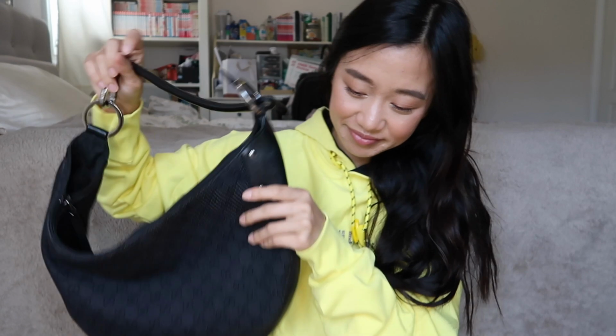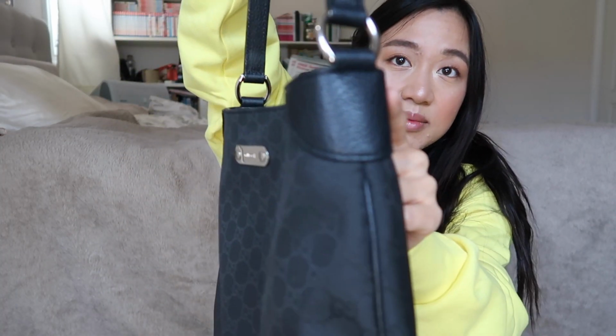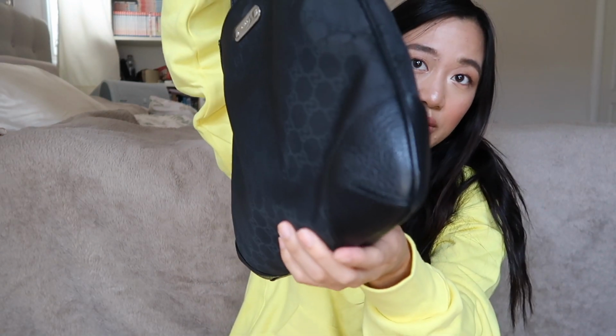But yeah. And then the next Gucci bag that I have is this little, I want to call it a tote bag. It has the same GG print in black, except this material is more of a nylon material. Again, it has silver hardware. It says Gucci. As you can see, the straps are black leather. And then it also has some leather pieces on the corners of the bag, which I like as a little detail. The reason why I really like this is because the strap length is very